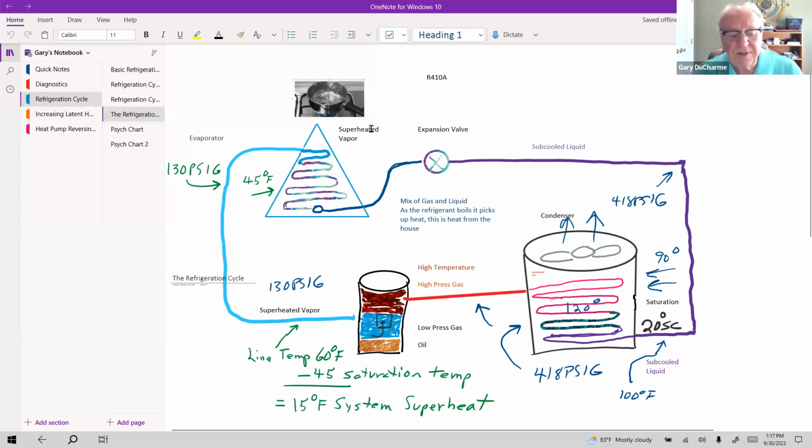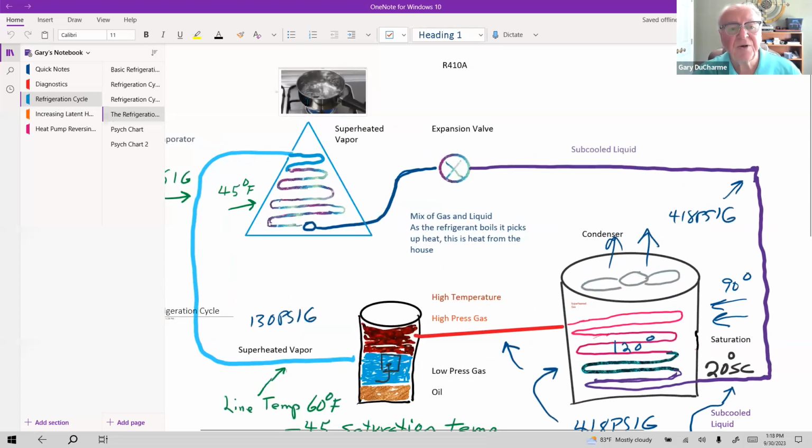For example, you see on the top here, we have a pan of water on a stove that's being heated. Now, water boils at 212 degrees at atmospheric pressure. Atmospheric pressure is the pressure that's on every square inch of us from the atmosphere, which would be 14.7 pounds per square inch. So at atmospheric pressure, water, which can be used as a refrigerant, and we have used it as a refrigerant, boils at